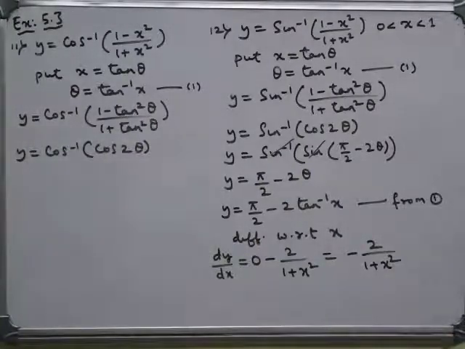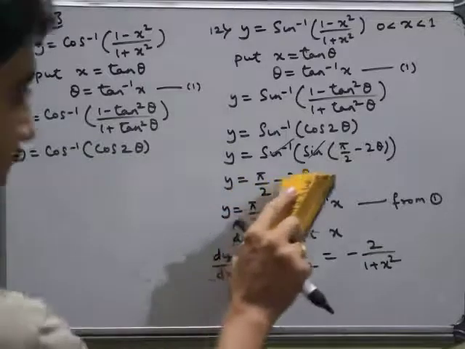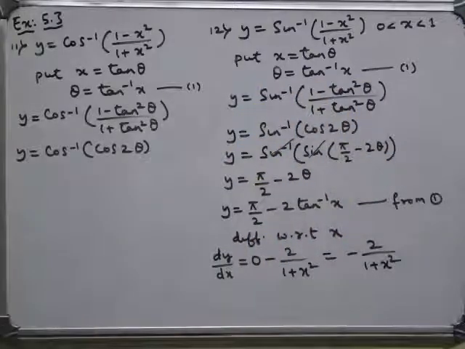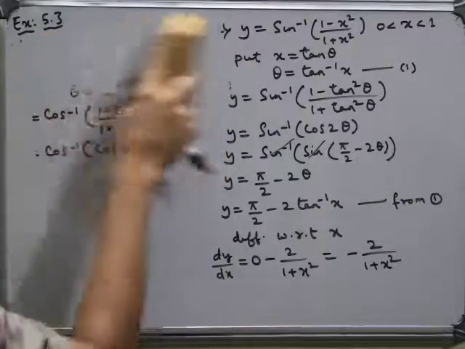This is how you have to solve. So we made a small adjustment here. When we got sin inverse of cos 2 theta, we changed it to sin of pi by 2 minus 2 theta. Similarly, the 13th question is also very much similar. Here we changed it to sin of pi by 2 minus 2 theta; there we have to change it as cos of pi by 2 minus theta to get the required result. So let us see question number 13.